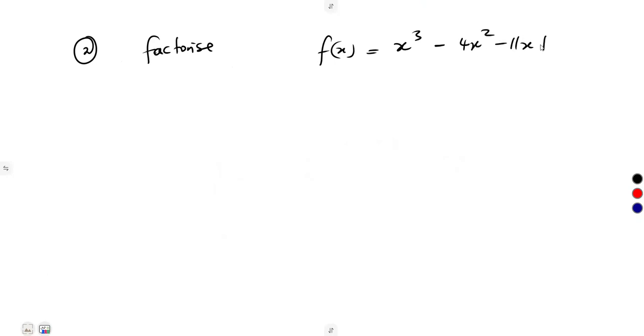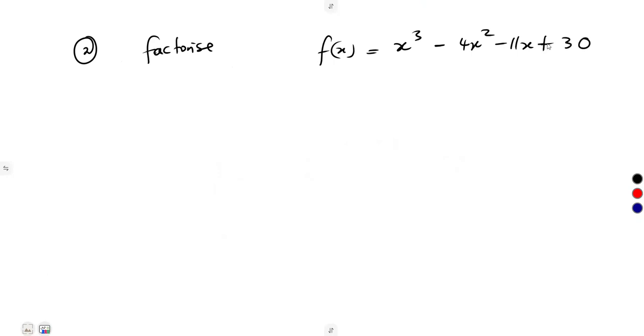We still need to factorize. Let us try another one. Factorize f of x, which is equal to x cubed minus 4x squared minus 11x plus